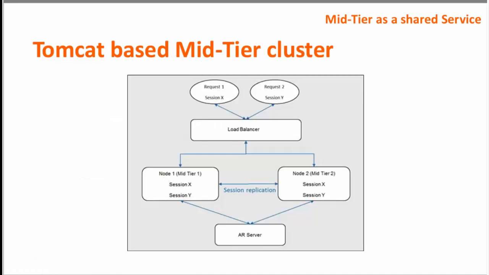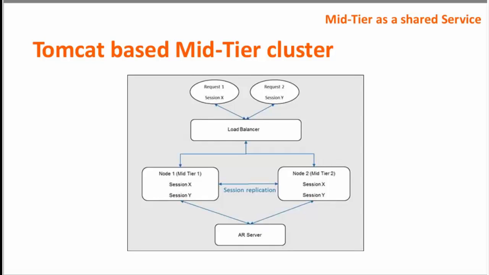So this is a basic diagram. It is a very basic deployment diagram where we deploy Nano Midtier in a cluster environment. It has two Tomcat instances, node 1 and node 2, and on each node we have Nano Midtier. We also have a load balancer for balancing our user loads. So now let's